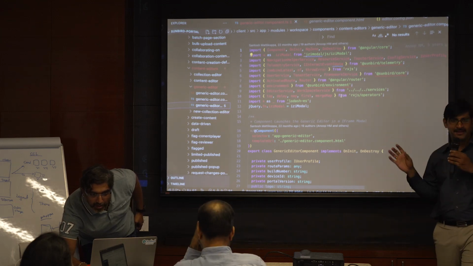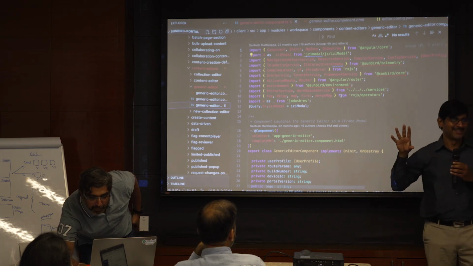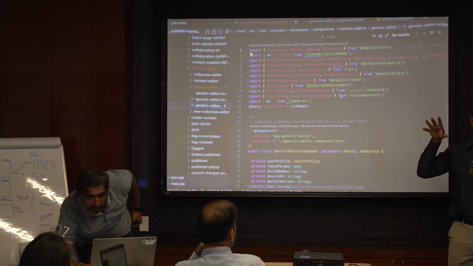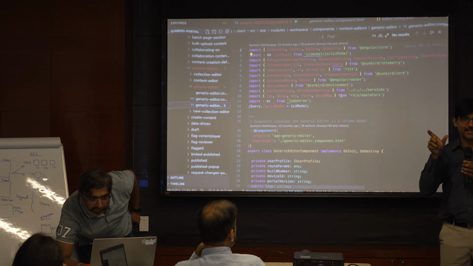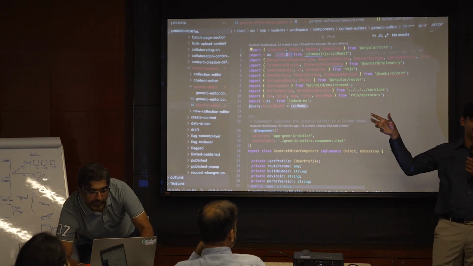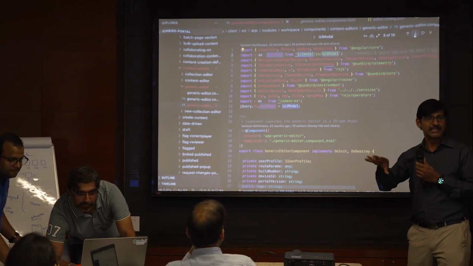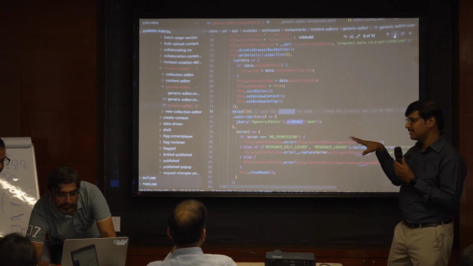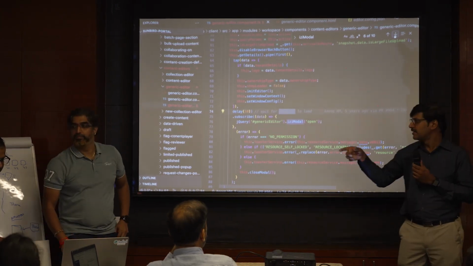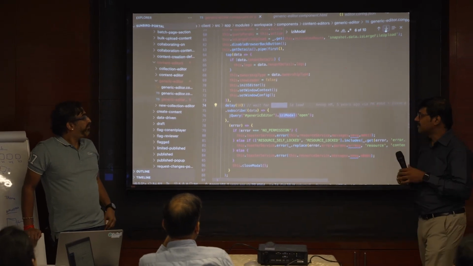Before you proceed, all these editors are launching in the iframe. So that's why you can see there is nothing in the HTML, just a div tag. Where to launch an iframe, you have to give the path. An iframe is nothing but a path. Where that actual editor build is present, you have to give that path. That application will be loaded in the iframe. That's how the editors work. Not all the editors, pretty much the old editors, what we call here a generic editor.